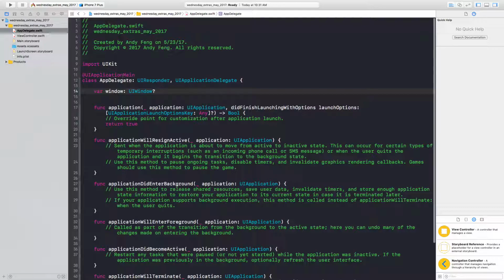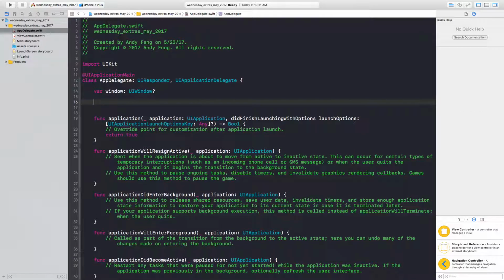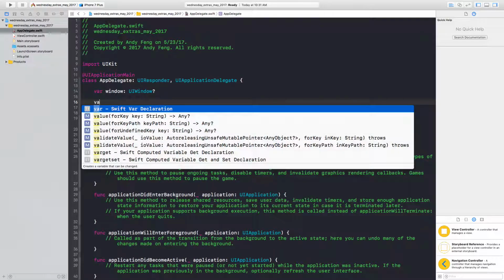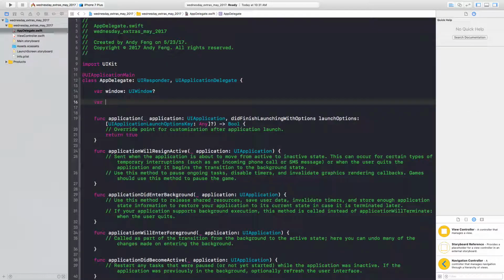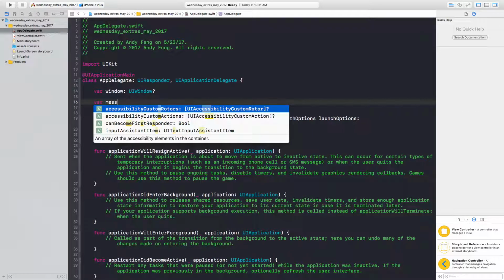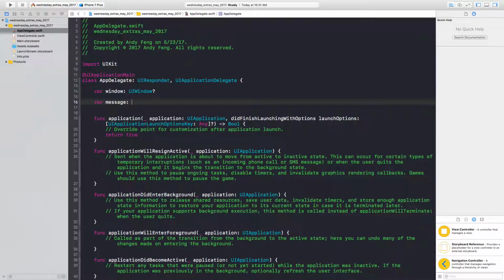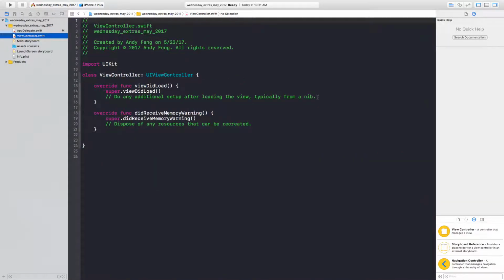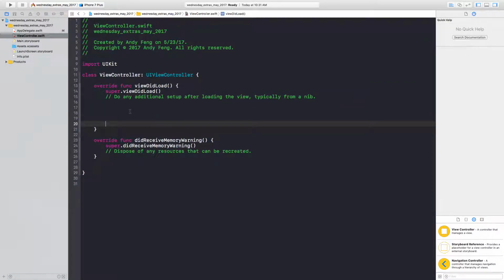But this guy itself is an object. So it has properties, and we can give it some properties. We can say variable message, and this message will be a string, and that is equal to hello world. Right? And now, because it's a variable, we can set it from any view controller, as long as we have access to this object. So here, what I'm going to do is when I load the page in the view did load,